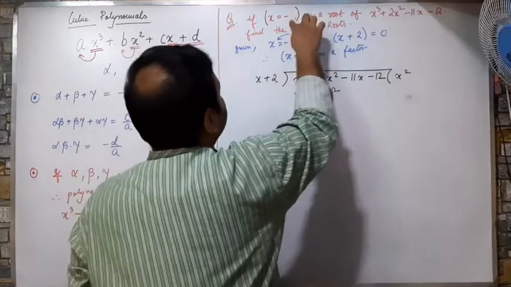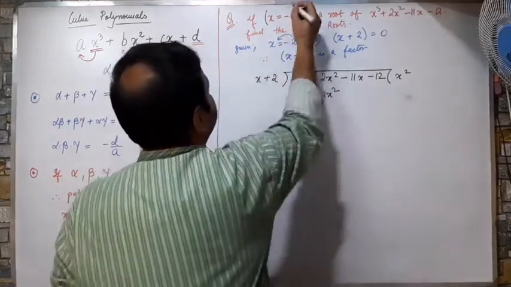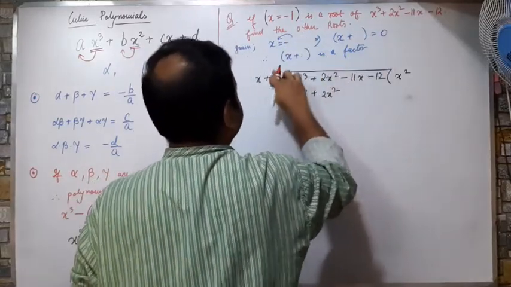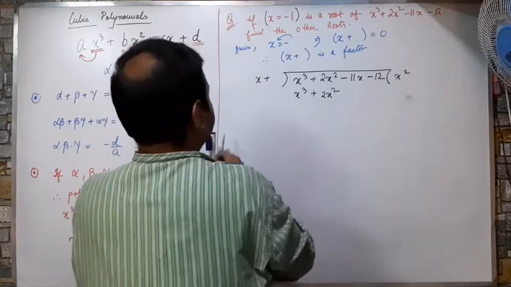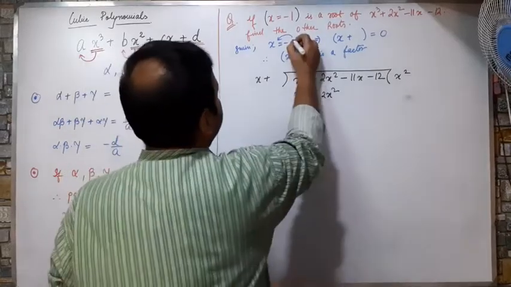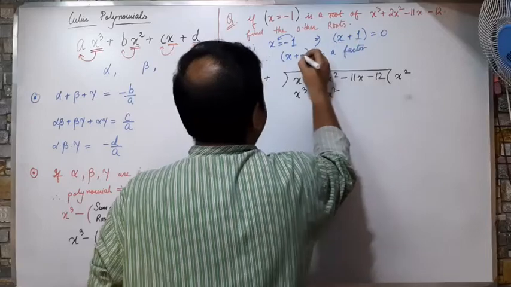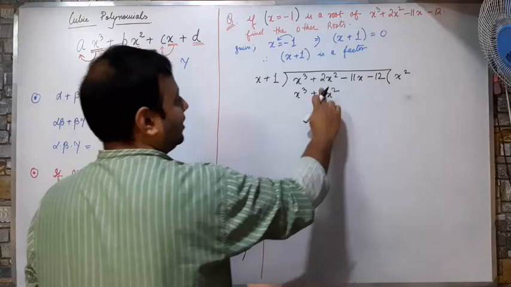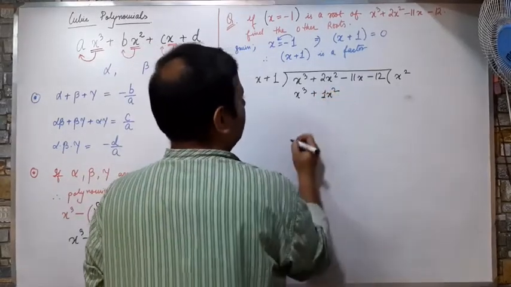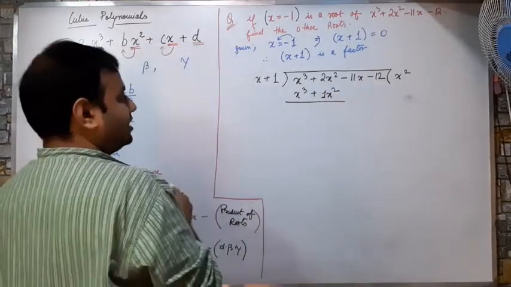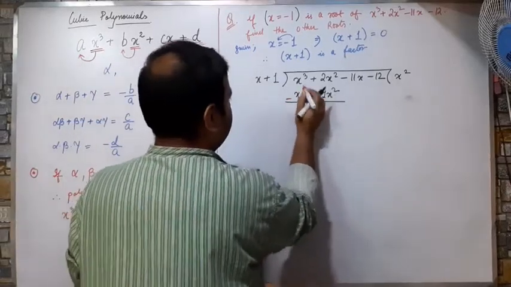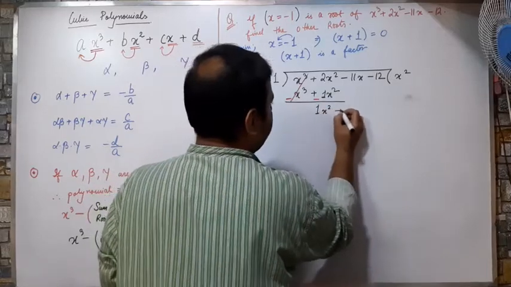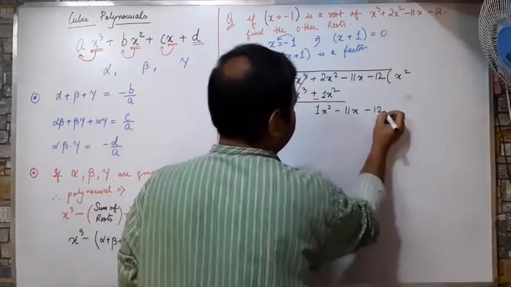Here x equals to minus 2. This will be x cube minus 1; it is given in the equation was minus 1. I copied the equation incorrectly. x plus 2. So divide करते हैं. 1x square. Now change the sign. Here will be negative. Here will be negative. तो ये तो कट गया. What I will get here? I will get here 1x square minus 11x minus 12.